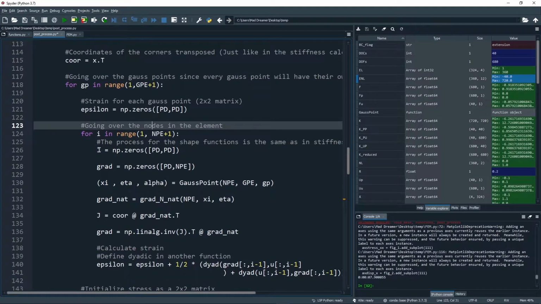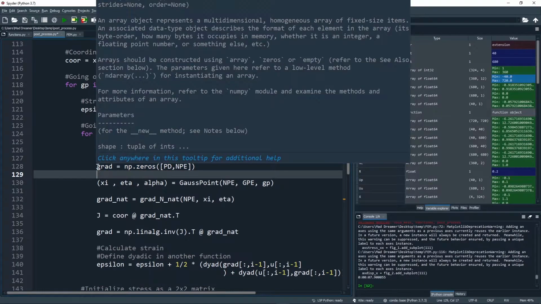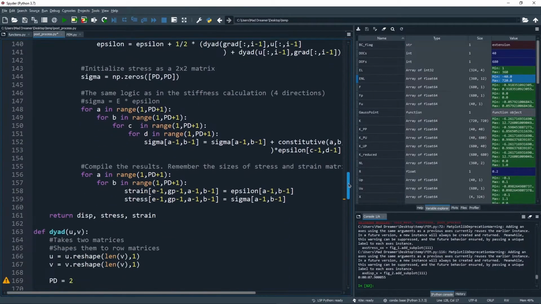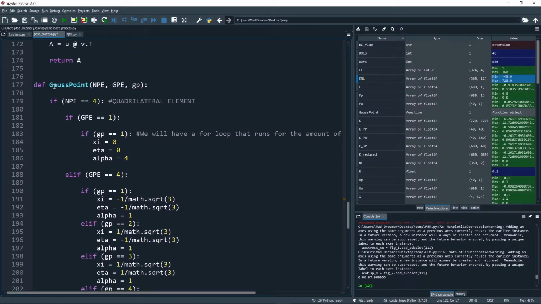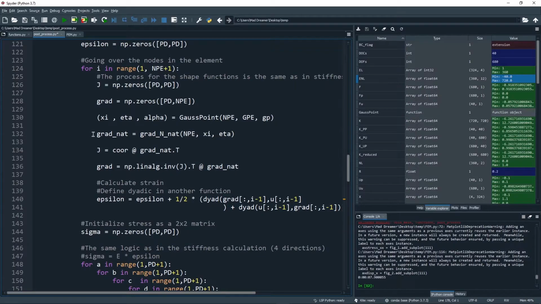And then this calculates the Jacobian, the gradients, the gradient of the shape functions. It gets the Ksi, eta, and alpha values from this Gauss point function, which is below here, that we defined in the previous video. It also calculates the gradients, the nats, from that function as well. It's below this file as well. It calculates the Jacobian, the gradients as well. And then finally,